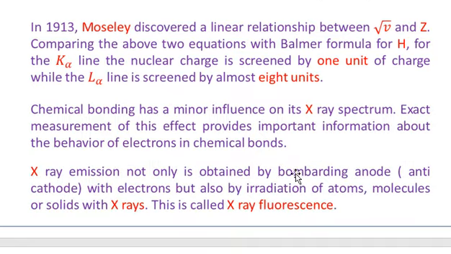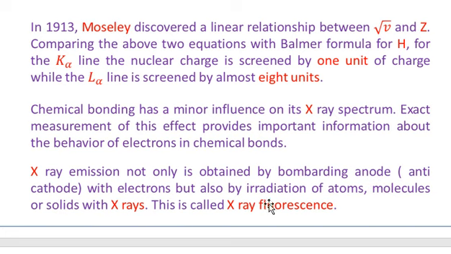Chemical bonding has a minor influence on its X-ray spectrum. Exact measurement of this effect provides important information about the behavior of electrons in chemical bonds, which I am not discussing in this course. X-ray emission is produced not only by bombarding the anode, which we may call the anticathode,